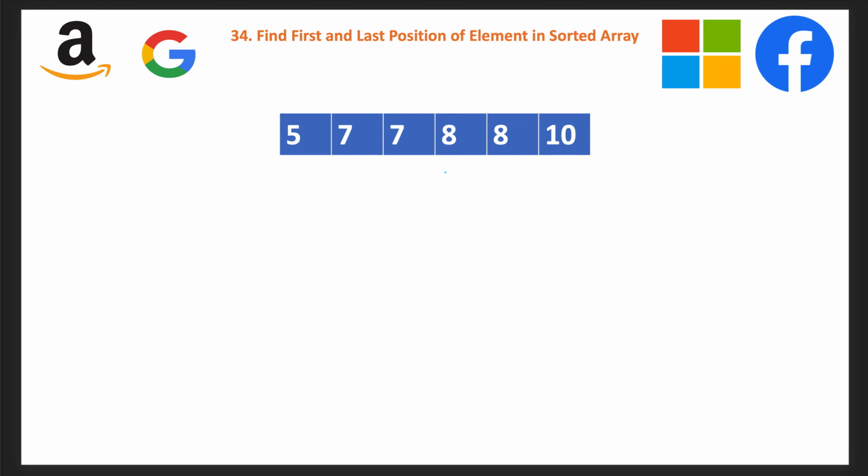As this array is sorted, we will maintain two indices: a start index as the left index, initialized to -1, and similarly a right index, also initialized to -1. Then we iterate through the array and check if the element equals the target. Let's say the first target is 8. We need to find the range, the starting and ending index. So 5 is not equal to 8, 7 is not equal to 8, and so on. As soon as we find the number 8, which is the same as the target,